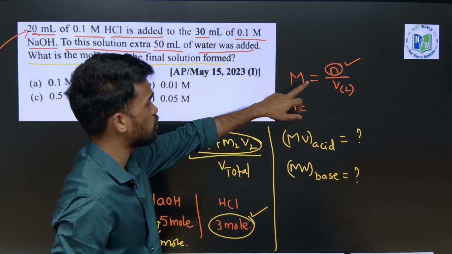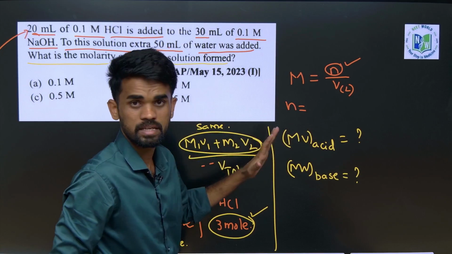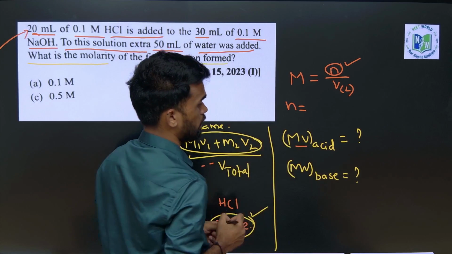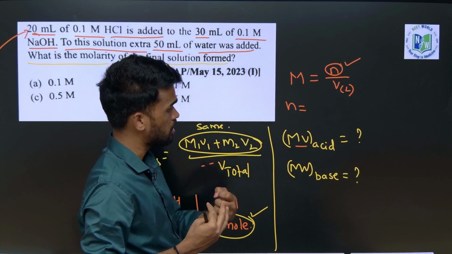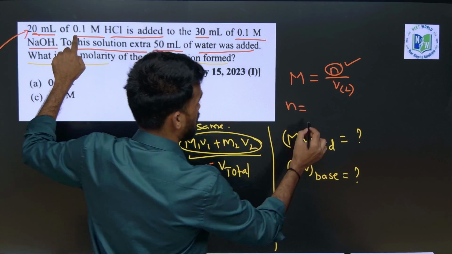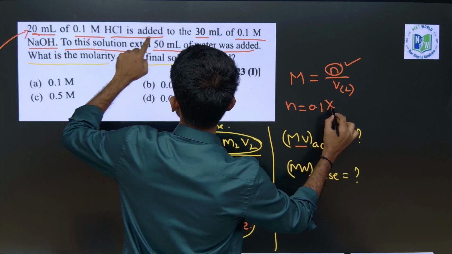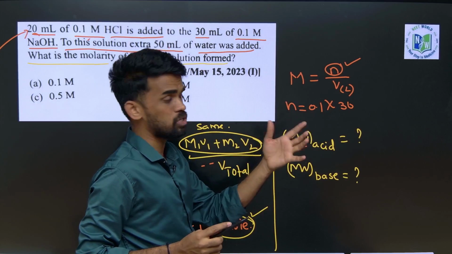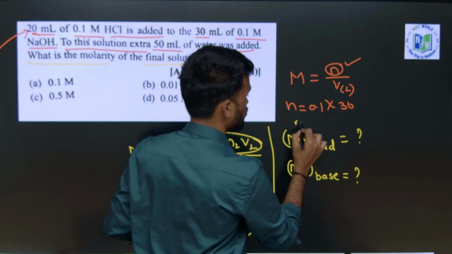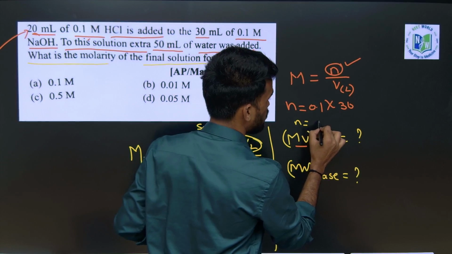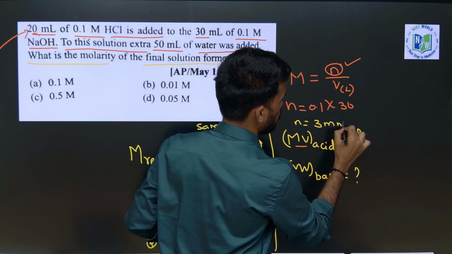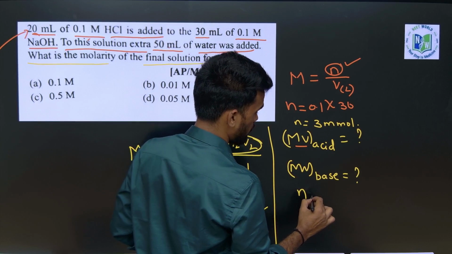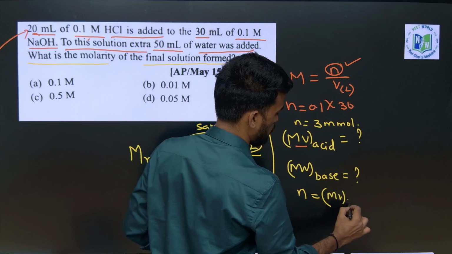Okay, that's why first you find the number of moles of this acid and base, then decide whether the solution is acidic or basic. So why do we need to find this? To decide whether the solution is acidic or basic. So what is the M they have given for acid? 0.1, and V is given as 30. Okay, here we are getting the answer in terms of millimoles, because we are taking ml. Therefore, millimoles of acid is how much? This will be 3 millimoles of acid we got. Similarly, for base, MV of base will be how much?